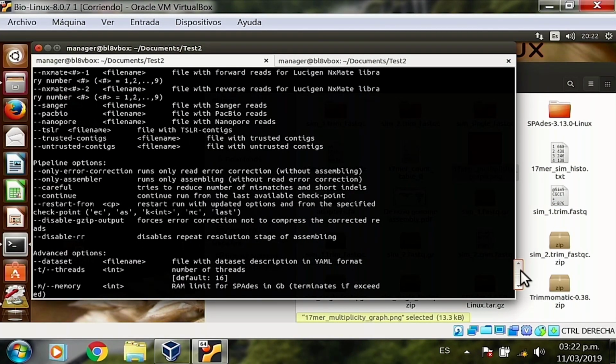Pipeline options. So what parts of the pipeline do you want to run? Do you want to run only error correction, which is the first stage? Yes, no. Do you want to run only the assembler? Yes, no. We're going to do both, error correction and assembly. So that's the default behavior. Do you want it to be careful when building the contigs or not? This is going to fine-tune some of the internal parameters to tell it to just keep contigs that you're absolutely confident